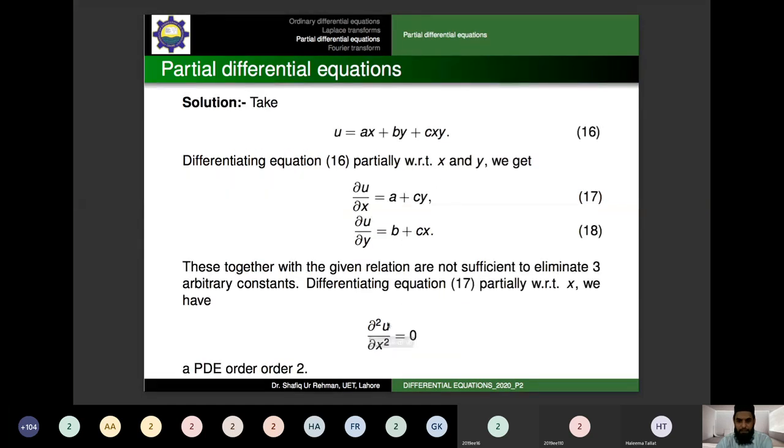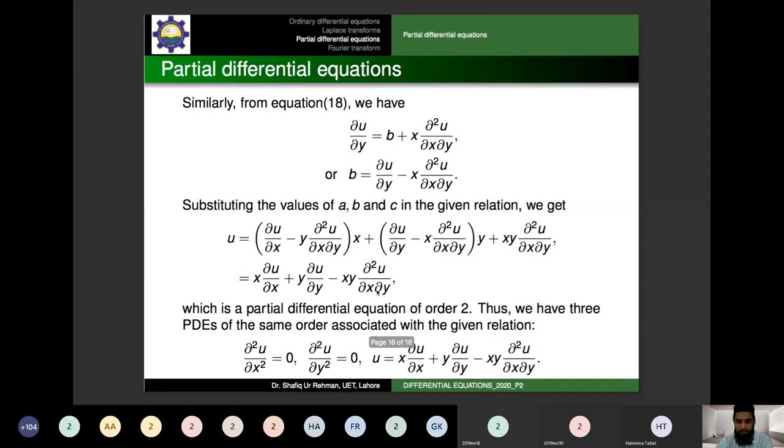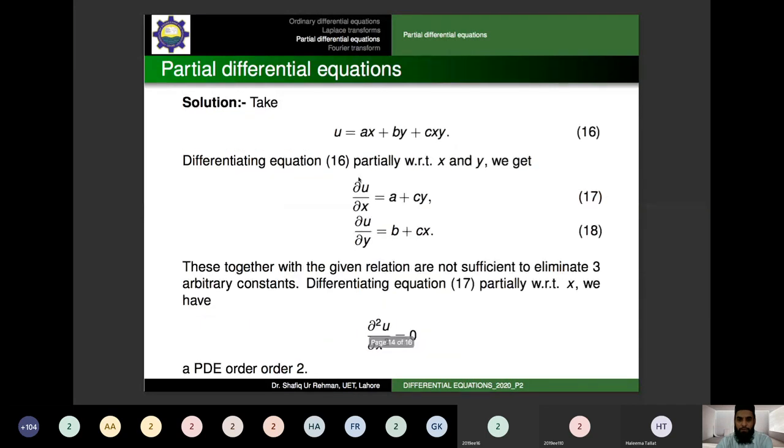So now we will be having the value of c as an expression. We can replace this value in number 17 to get the value of a as an expression. We can also replace c in equation number 18 to find an expression for b. So find a and b from 17 and 18 by replacing the value of c as an expression. Simplify that, we will be having a, and from 18 we will be having b. So finally we have a, we have b, we also have c. So plug in a, b, and c in equation number 16.